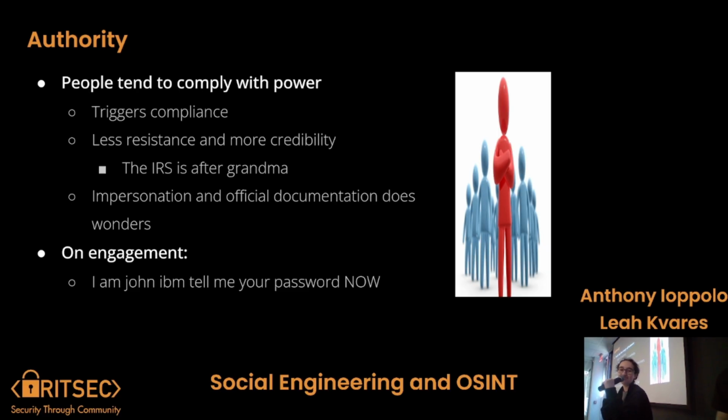Then I keep combining multiple things in the example, but that's kind of how you succeed. You have multiple ones. But yeah, authority and time constraint are really, really good in combination. Impersonating officials, like I can walk in somewhere and just make a fake badge. FBI, open up. They're just not going to question it. Probably they might question it. I'm John from IBM. Tell me your password now.